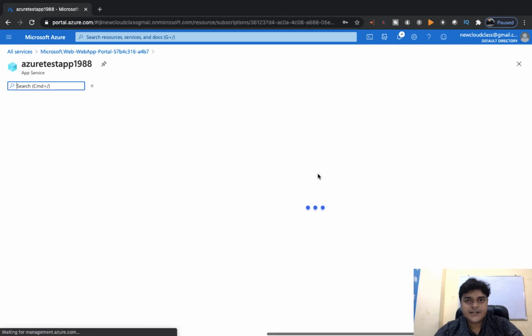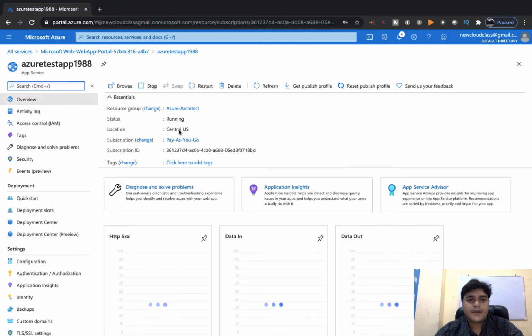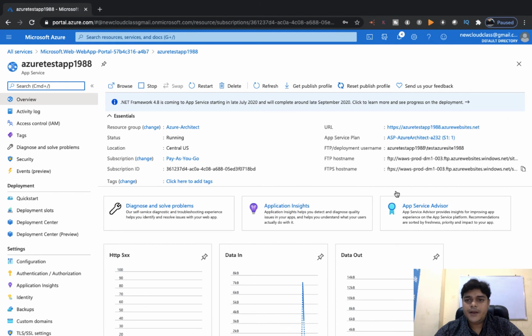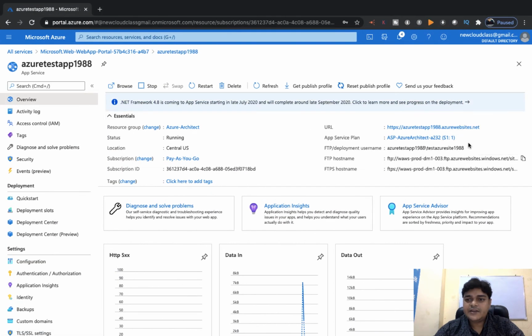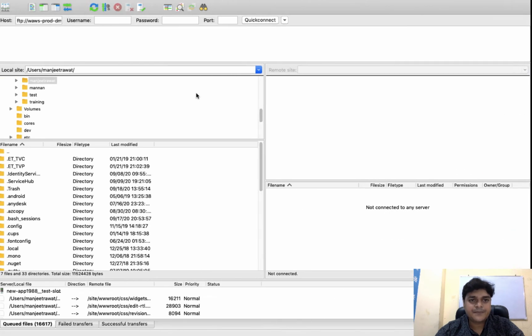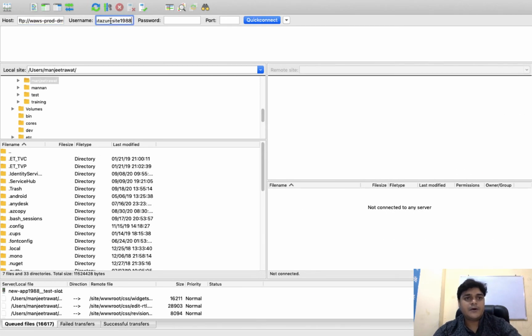Open your Azure application one more time. And now it's successfully saved. Our FTP username is successfully saved. This is the username. Another is the FTP host name and password. You know that. So just copy the host name, open your FileZilla, paste on the host location. Just click paste. Second, you need to copy the username. This is the FTP deployment username. Paste into the panel the username and password that you configured.